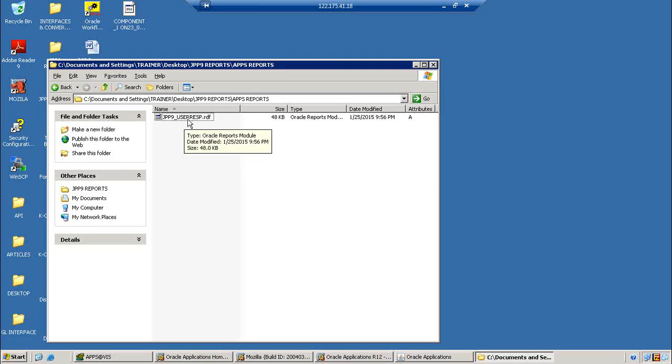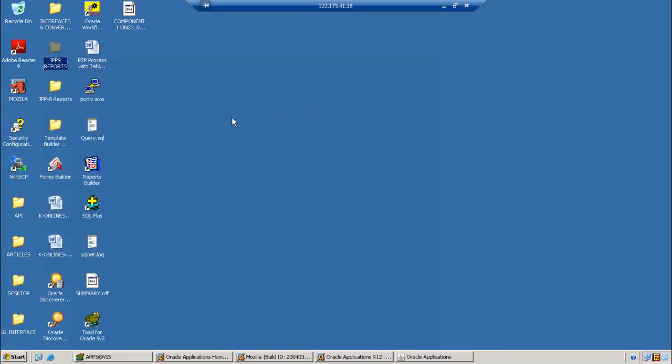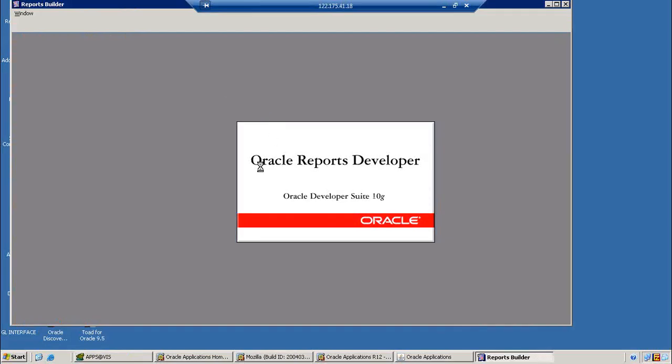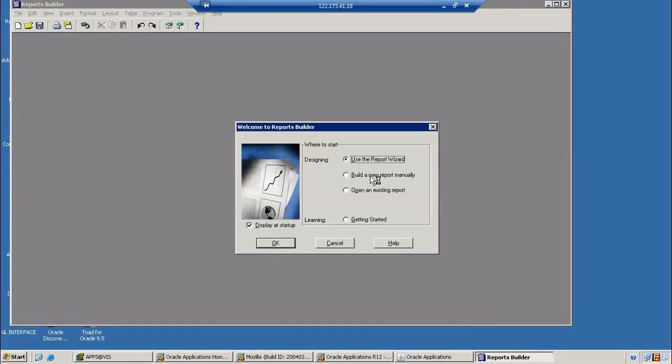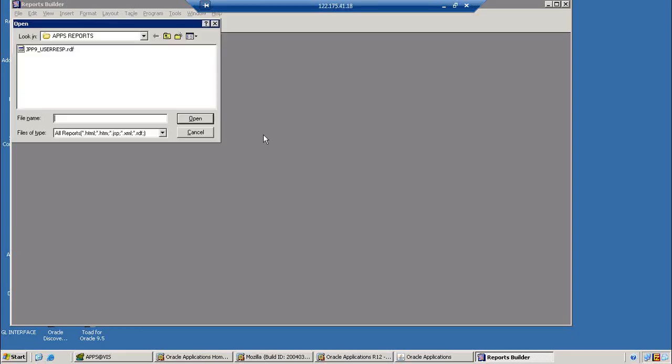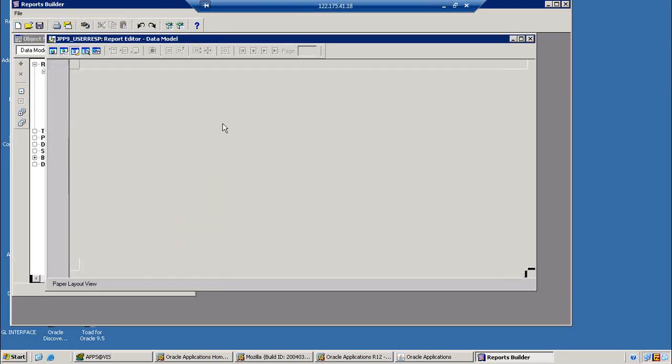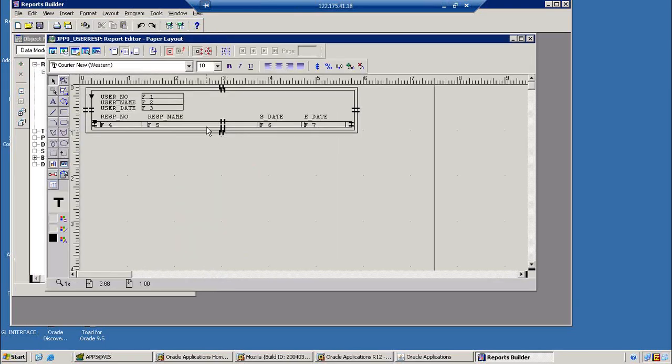This is our report name, right? Then now open the report builder and open an existing report, JPP9 users, and here F3. What is that? F3 means this one. Okay, just we can go to